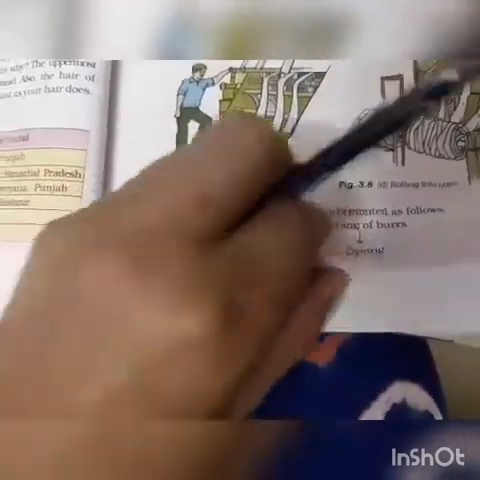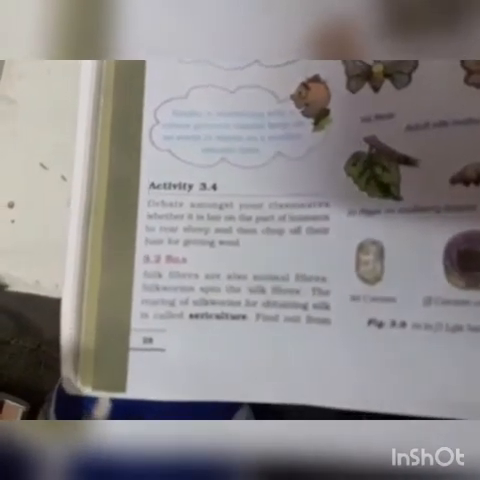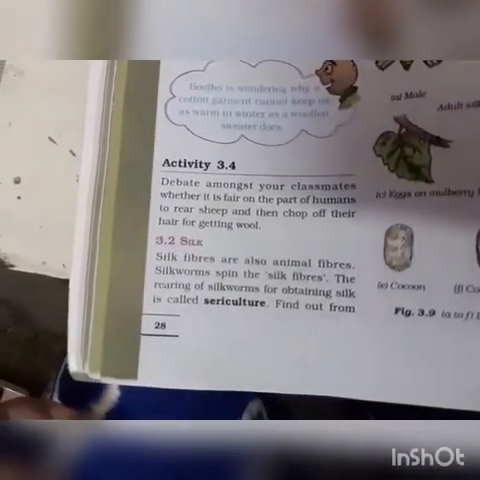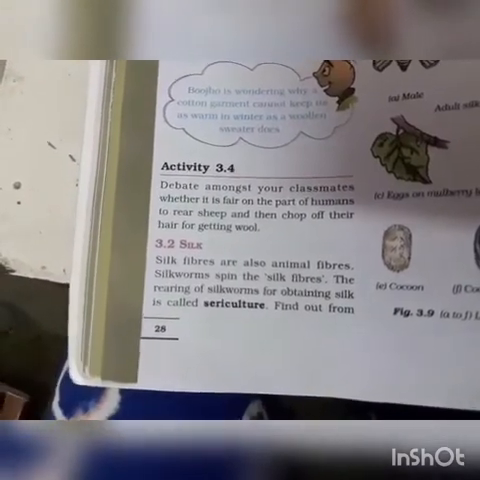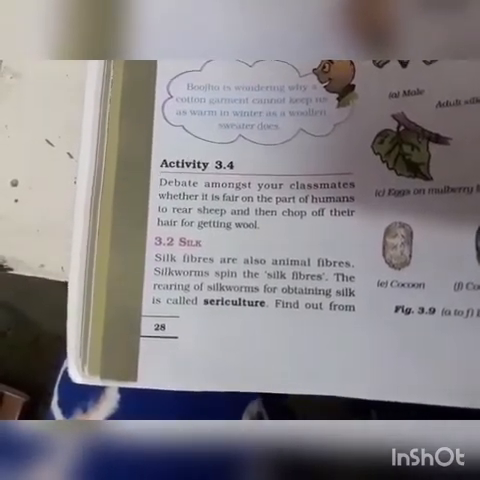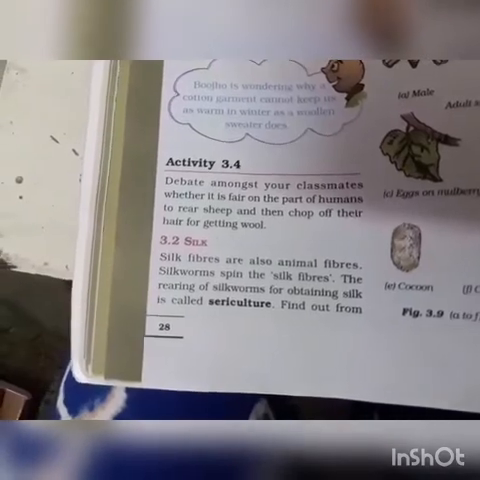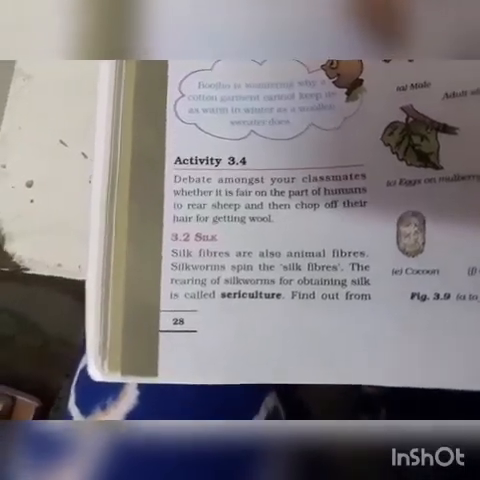So how the wool is made, that we all know. It is an animal fiber only. We get the wool from the hair of sheep, goat. Then there are many different kinds of hair that we get from the goat. The ones which live in the hilly regions, their hair is very soft, and the pashmina shawls that are made